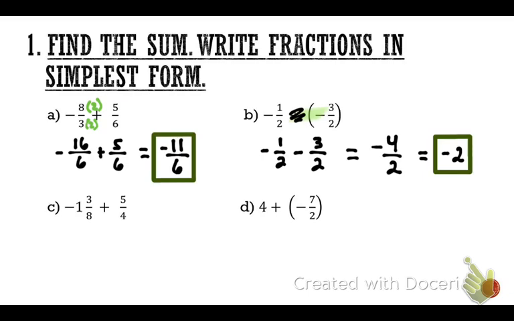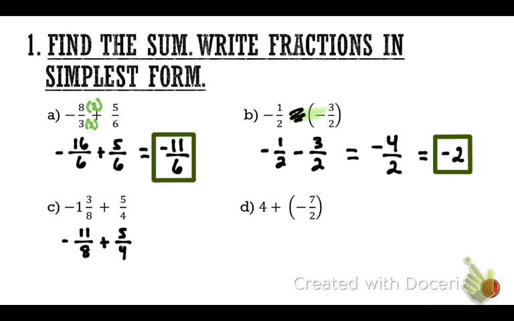Let me have Aubrey help me. I want to turn that first one into an improper fraction. What would -1 3/8 be as an improper fraction? 24/8. Okay, so you want to do 8 times 1 and then plus the 3. 11/8. Okay, 11/8. And is this positive or negative? It is negative, so it's -11/8 plus